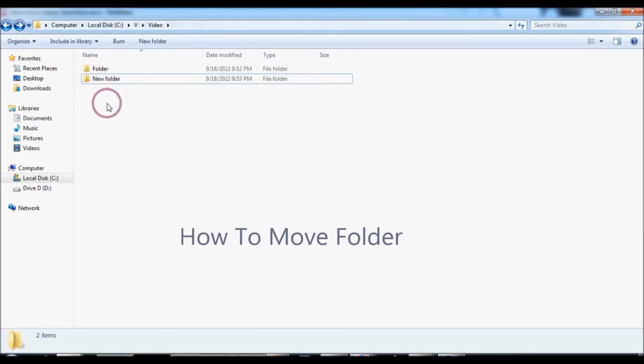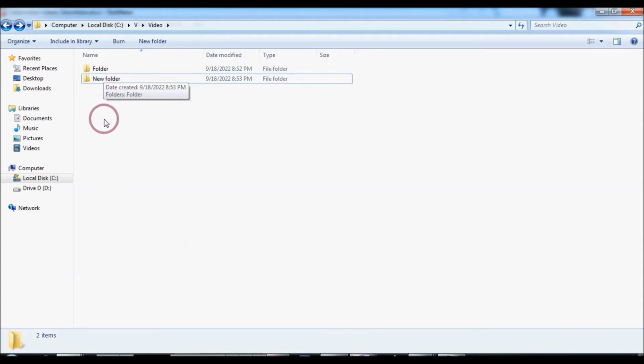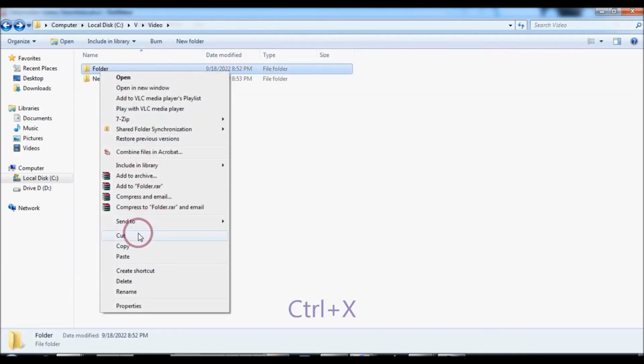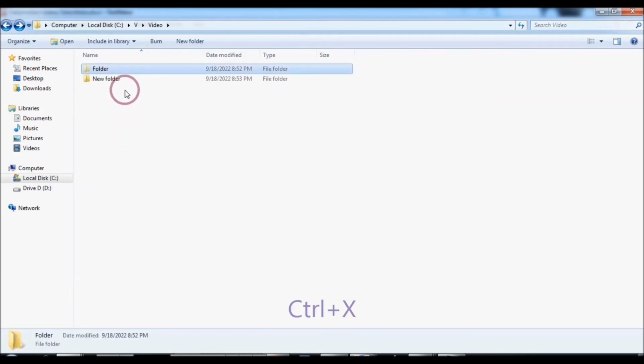If you want to move the folder and want not to be in that place, but it has been moved to another place, you can right click on it and choose cut. Use Ctrl+X key,